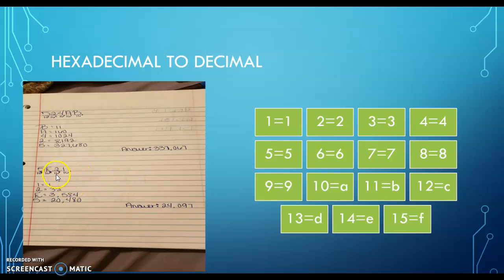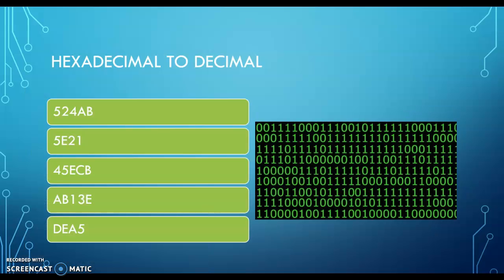And it's pretty much the same thing for this next problem at the bottom. It's 16 to the 0 power, 16 to the first power, 16 to the second power, 16 to the third power. Once we multiply those up, we add these numbers all together, which gives us 24,9700. So these are the problems: 524AB,